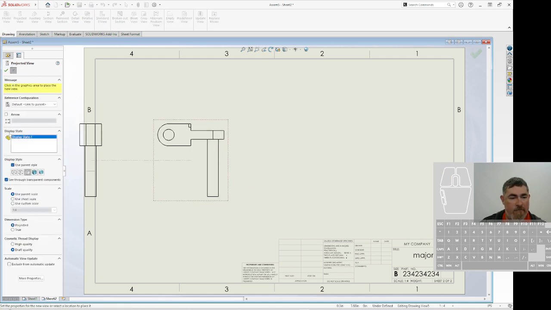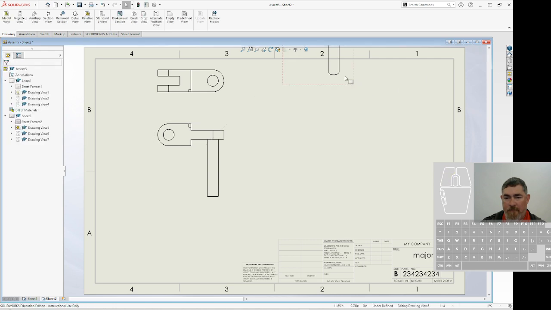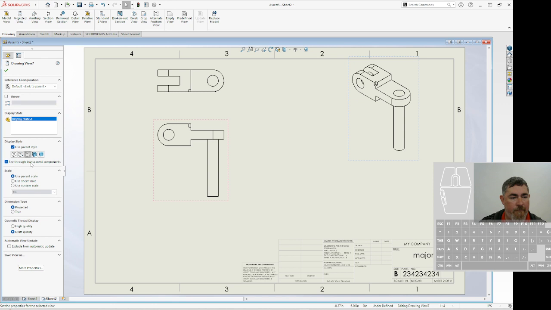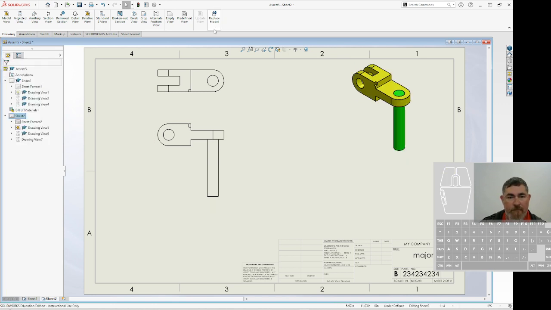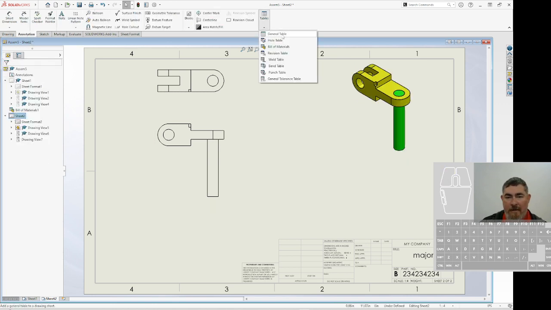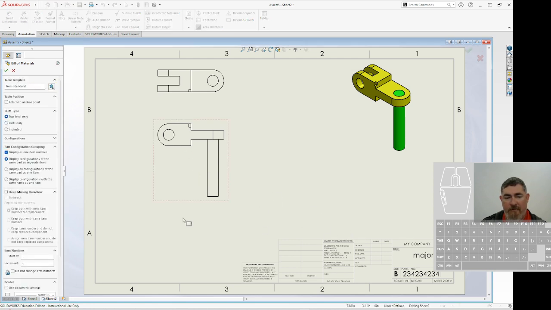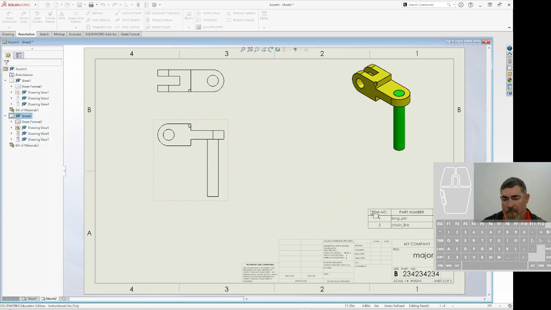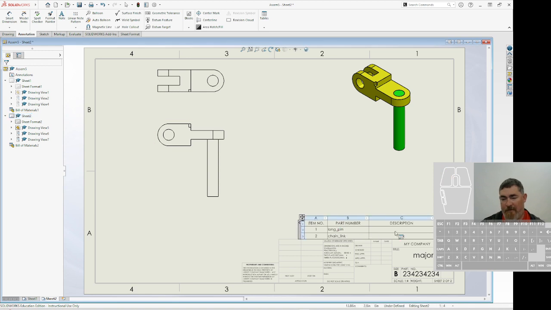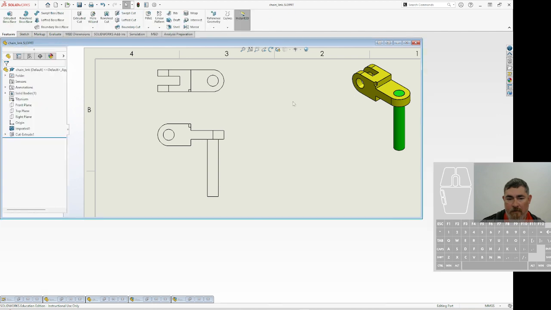bring that in, probably again, top, isometric, shaded, grab its table. I usually like to do a build tree off of that view and bring it in. And you can see I'm going to have to change this again, so I'm going to go ahead and go